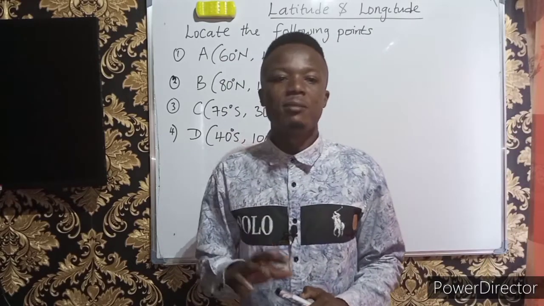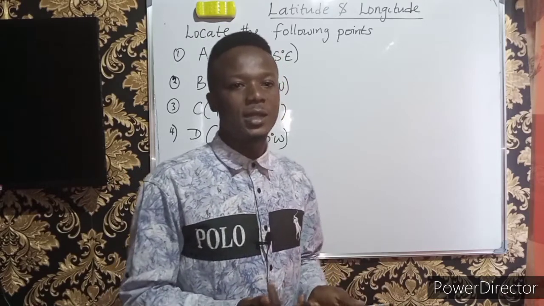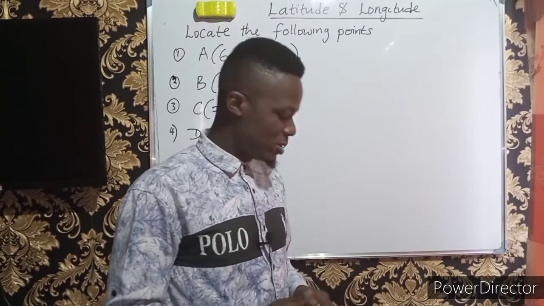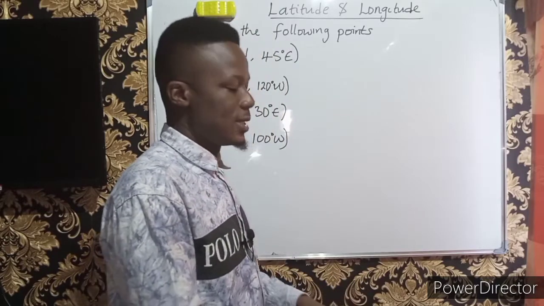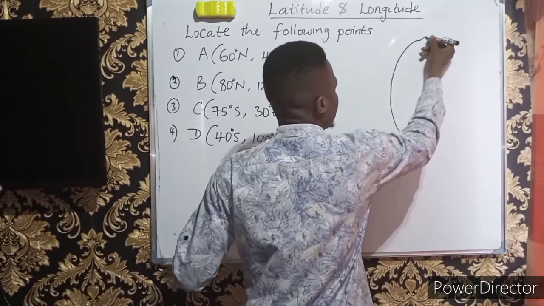Okay, now latitude and longitude, they are just like brothers and sisters. They're a very important term when it comes to mathematics. Okay, and you have to understand these concepts, latitude and longitude, using the earth, because that is where you get it. Now the earth is a sphere, so if I make a diagram like this,